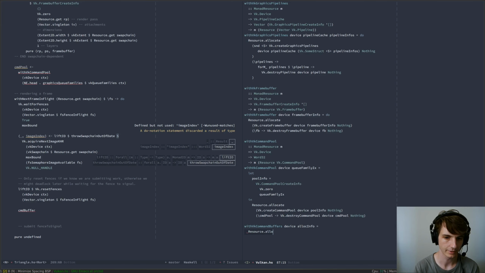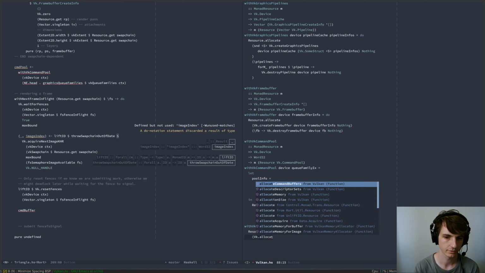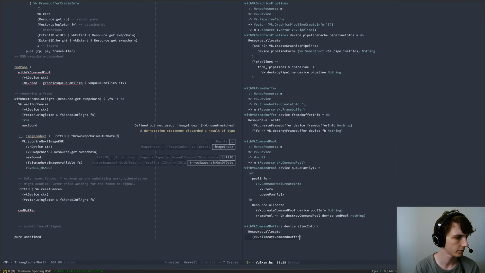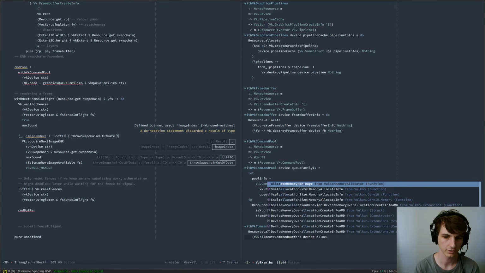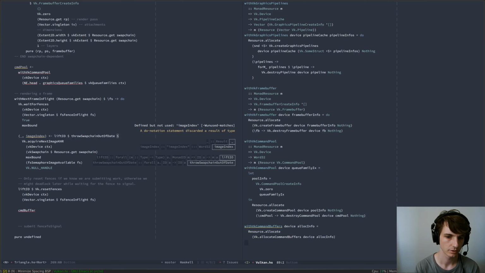Same sort of thing, allocate command buffers, device, allocation info. Then if we've got a command buffer, this one's a little bit more interesting. If we've got a command buffer,